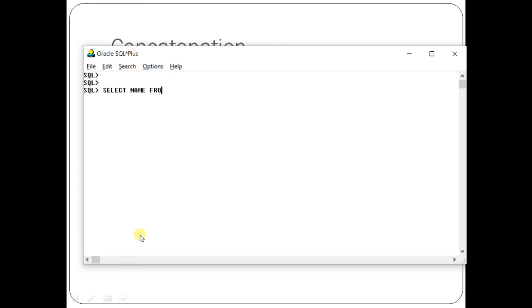Select name from dual. Can you guess? Before typing it on the screen, just guess what will be the answer. I hope some of you might have guessed correctly. The answer will be an error, because in dual there is no column named name.